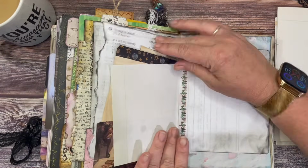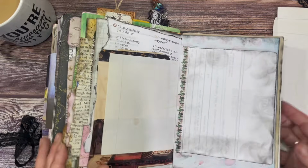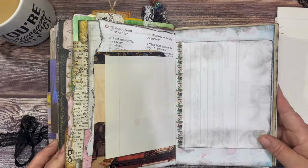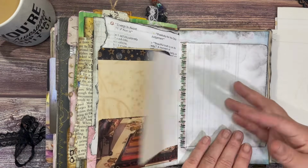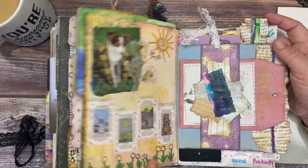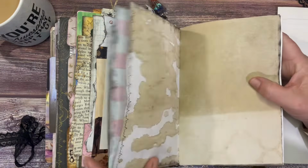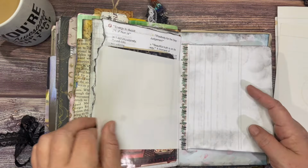and add another page where I want to add it. And I love that about this journal. It shifts a lot, which I don't really mind, but I love being able to keep customizing it as the month goes by. If I want to pull or change a page from here or there, from wherever. So that's definitely a bonus of